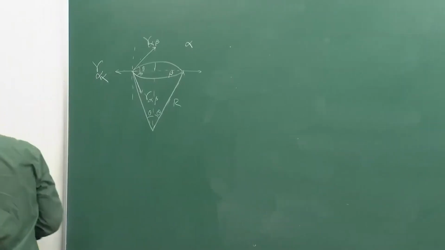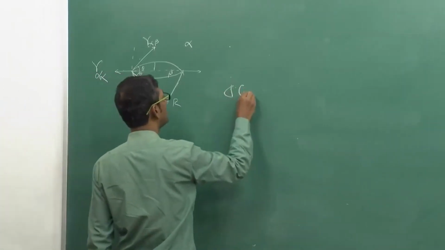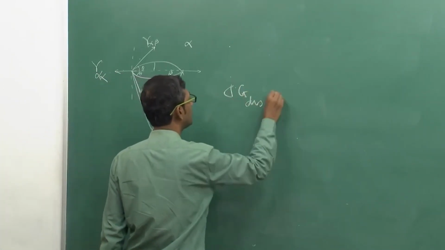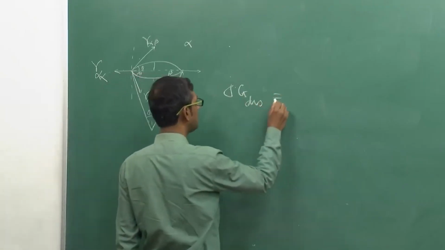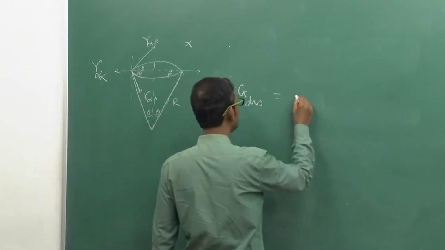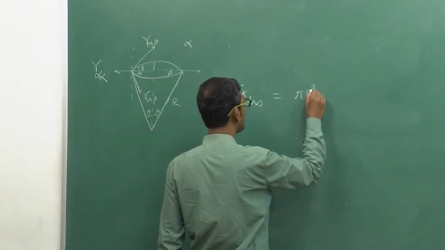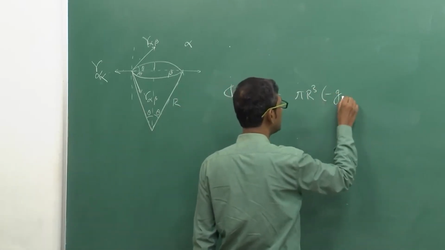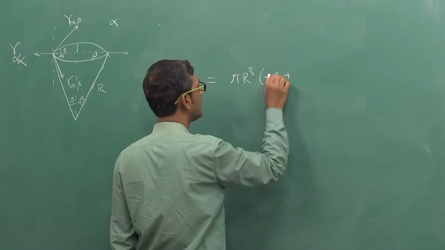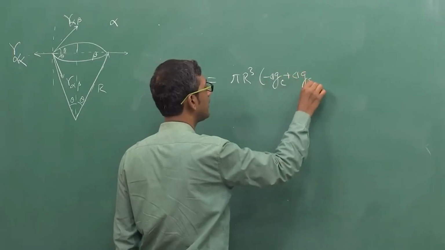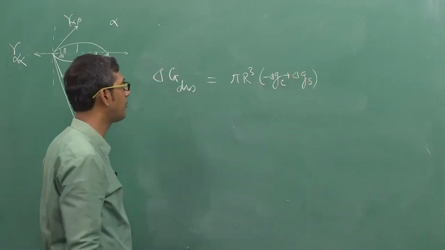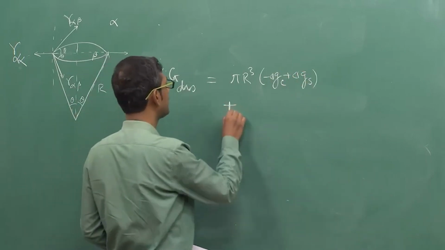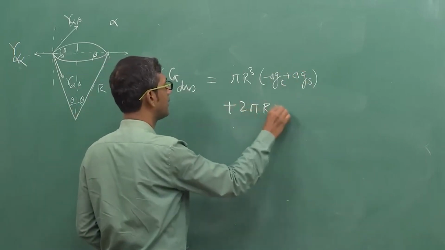So what is done is that delta G dislocation for heterogeneous nucleation is nothing but, again, pi r cube, this is a volume term, delta Gc plus delta Gs, that's basically the volume term, plus twice pi r gamma